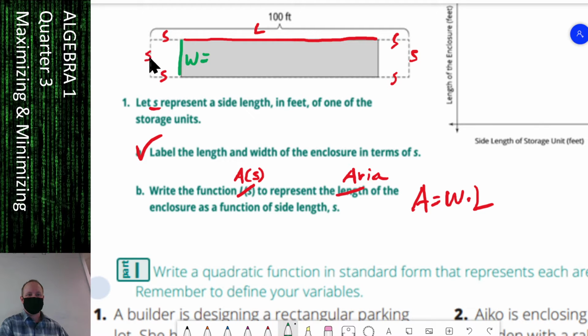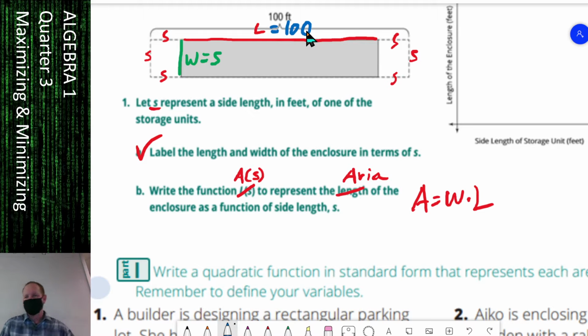Would you say that no matter what S is, W has to be equal to S? They're right across from each other. So we're going to say right away that the width is just going to be equal to S. The length is going to be equal to like 100. Let's say length equals 100,